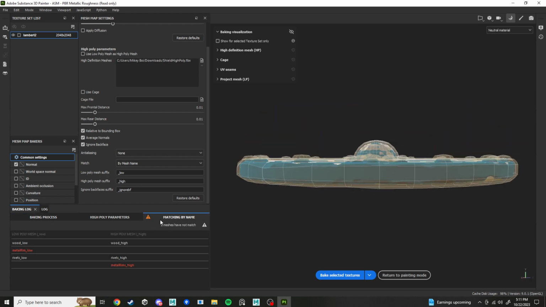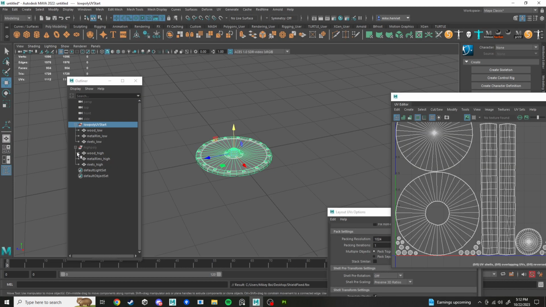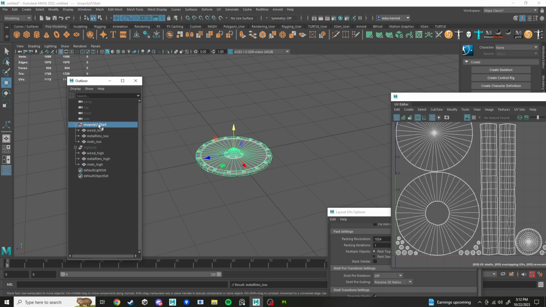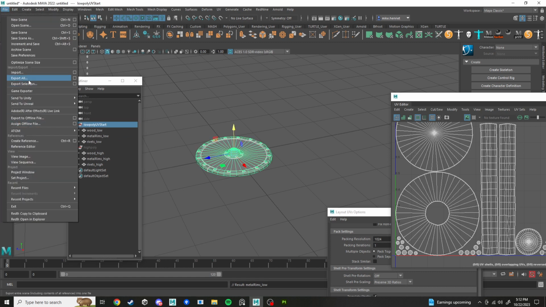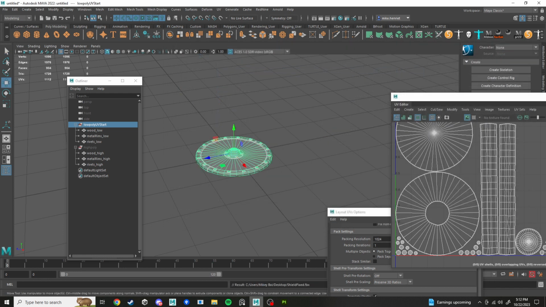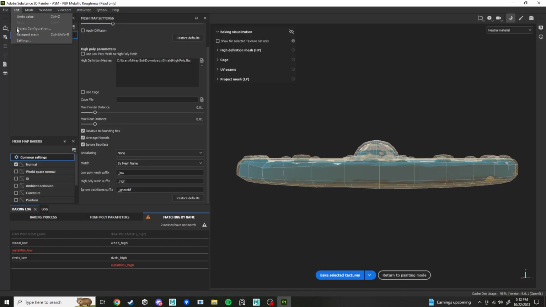Now you'll see a little error here, right? See how this one is called metal rim underscore low. This one is metal rims underscore high, plural. That's the problem, right? So we need to go back into Maya, metal rims, boom. And there you go. So now let's File, Export that selection again. Shield Fixed, Export. Let's go into Painter, Edit, Re-import, Mesh,